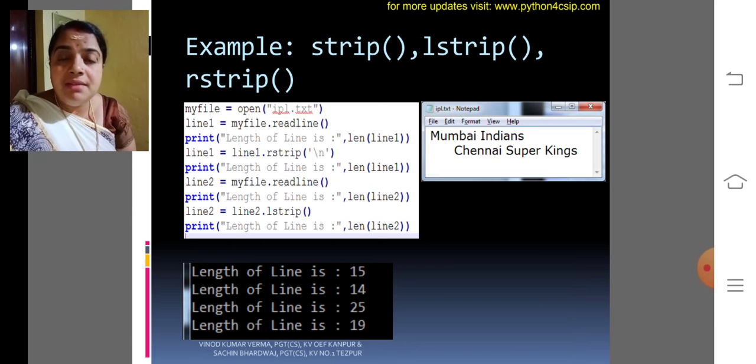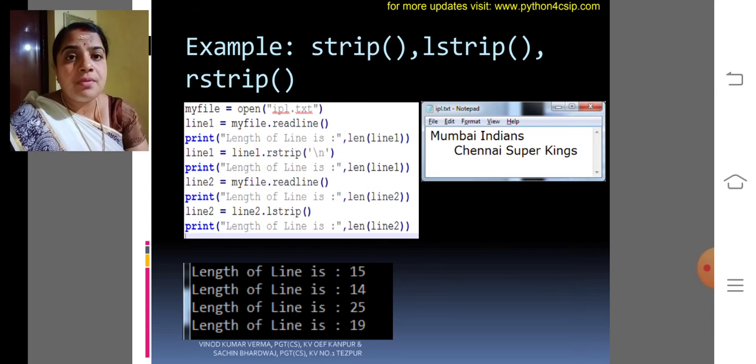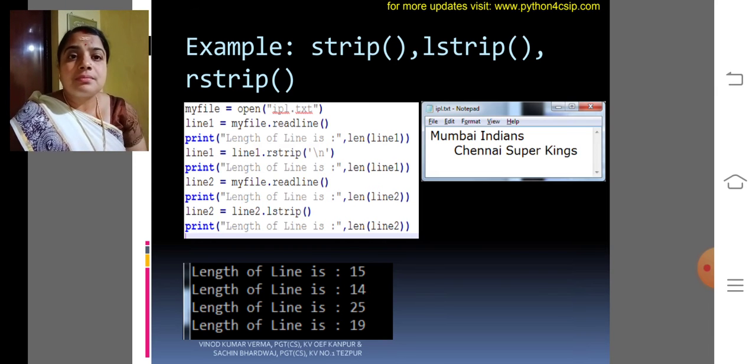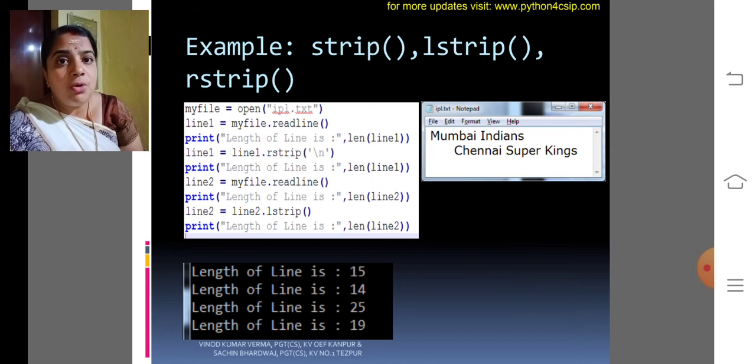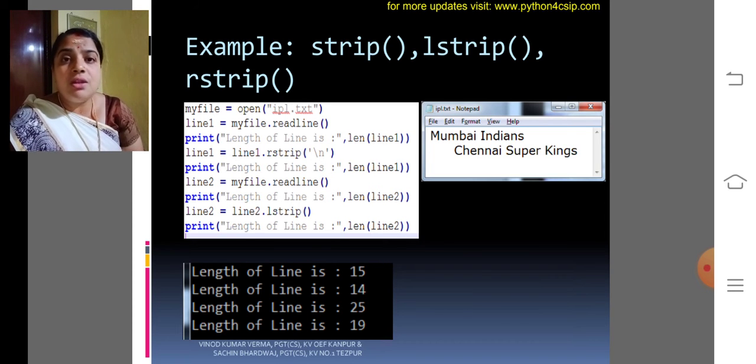Look at the example which I had given. I had opened a file named ipl.txt in the default mode, that is read mode, so the file is opened for reading. Line 1 reads a line, that is it will read the first line, Mumbai Indians.